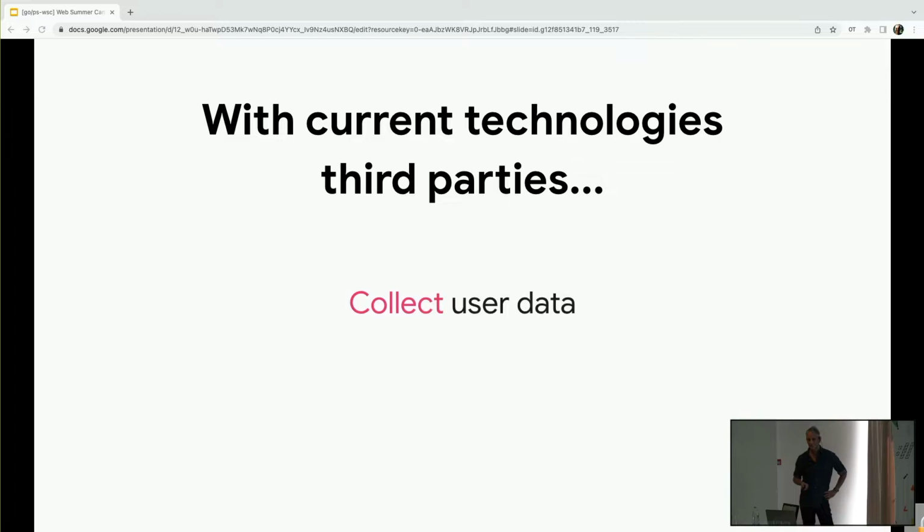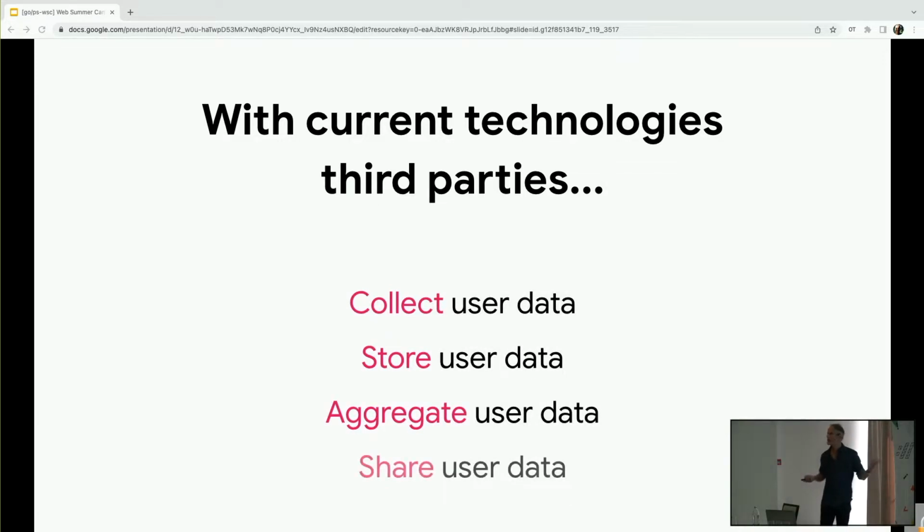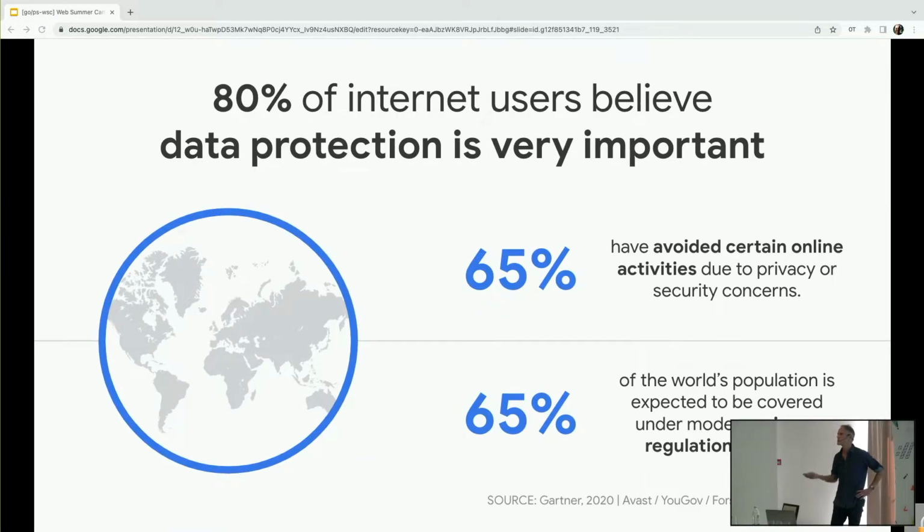So, when I visit a site, I don't know what third parties are doing with my data. I know something's happening, but I have no real sense of what's going on. And it's not just me. People everywhere are really concerned about privacy. They're increasingly driving choices about what people do on the web. Different people have different ideas of what constitutes privacy, but there is an overarching concern that's increasing. And regulators around the world are, of course, stepping up privacy requirements. And this is a huge deal for the web, and it's happening very quickly.